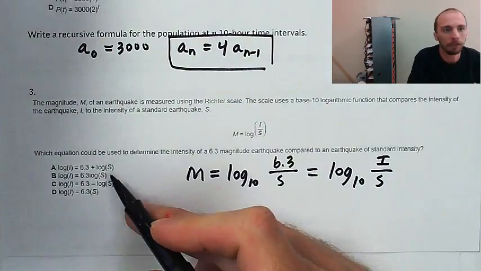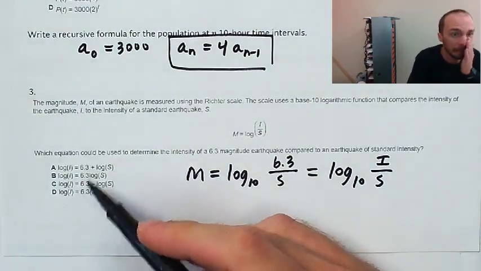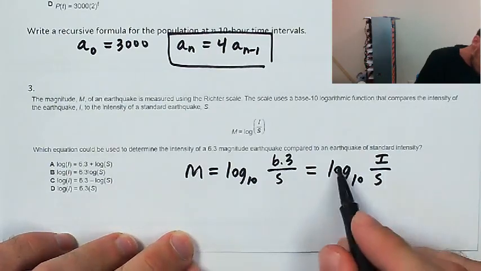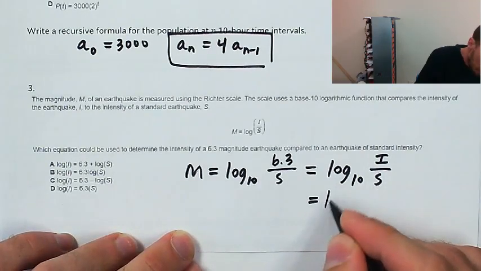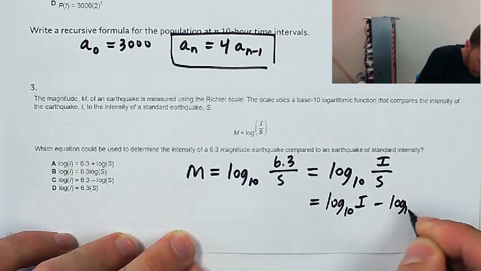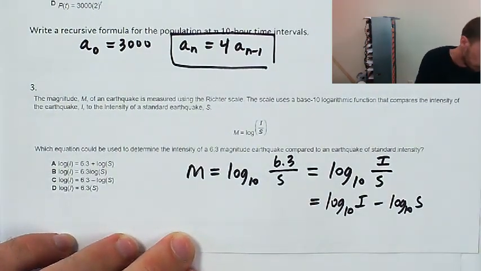I can see that that's what it's going for, right? We're taking like things adding together. So I think log base 10 of I over s is going to be log base 10 of I minus log base 10 of s, and that's going to be equal to